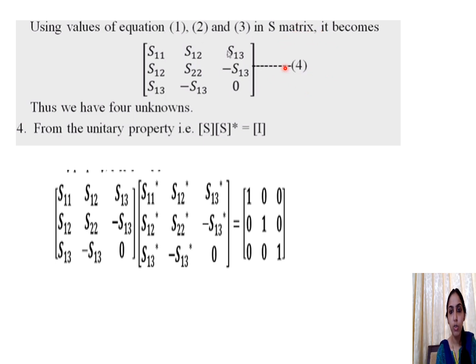Okay, so now to proceed further, we employ the unitary property of our S matrix, that is S into S conjugate star is equal to the identity matrix I. So every time if we apply this unitary property of S only, we can formulate the S matrix for the T junction further. So now we consider the unitary property, that is our modified S matrix multiplied by the conjugate of this S matrix will be giving the identity matrix. So this is how we proceed.